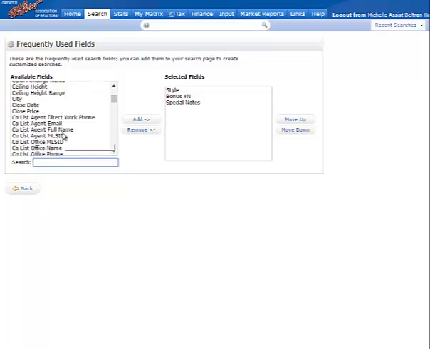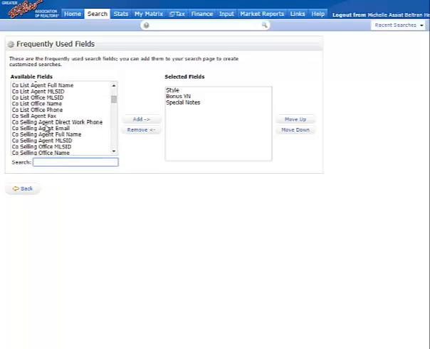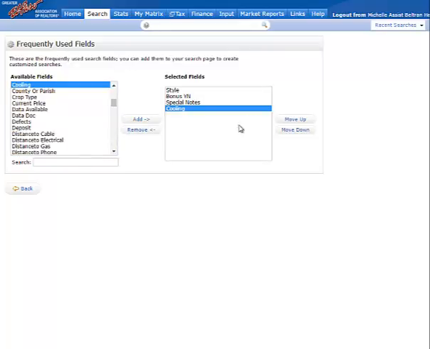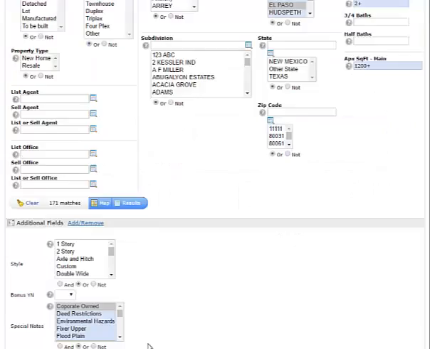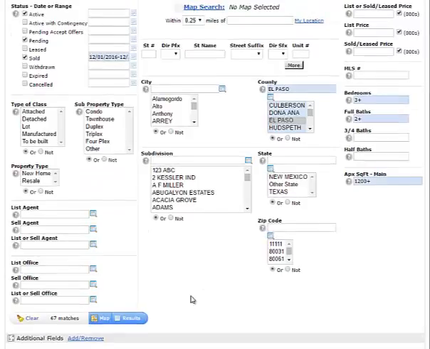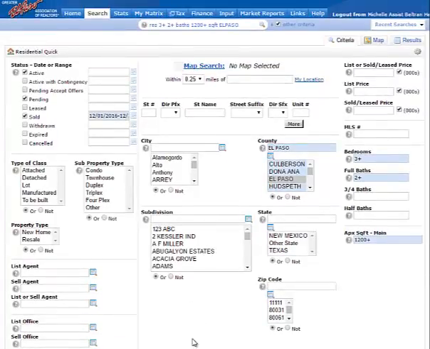So let's go ahead and add cooling. And then hit back. And you can see now at the bottom, cooling's there. Now if we're looking for something with an evaporative cooler, you can see there. So basically our search now is for active pending, sold in December, El Paso County, 3-bedroom